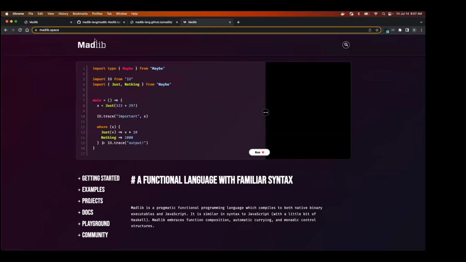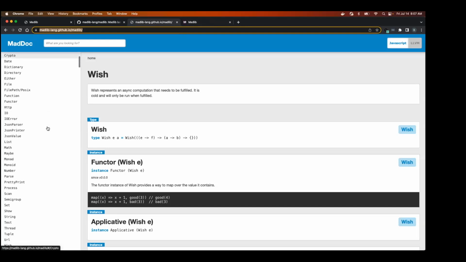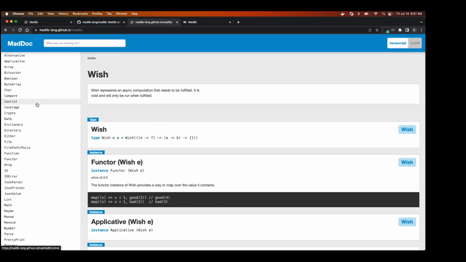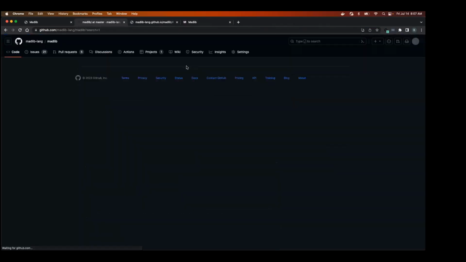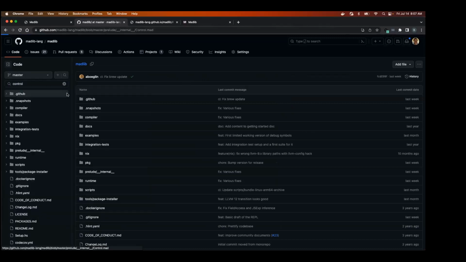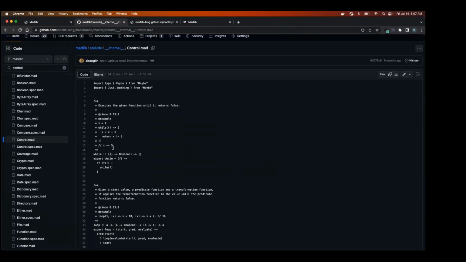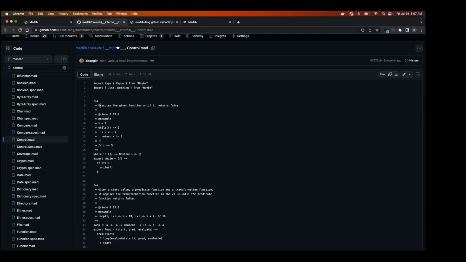So this is the site, if you want to take a look. This is automatically generated. I can jump to control here, and we can see this matches up with the data in here. In my mind, this was something I found frustrating in both JavaScript and other languages.